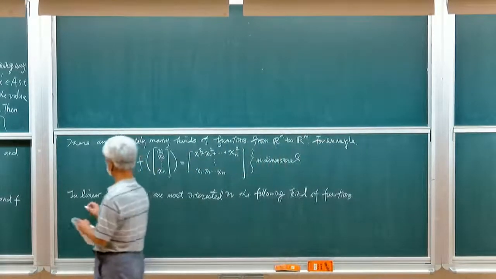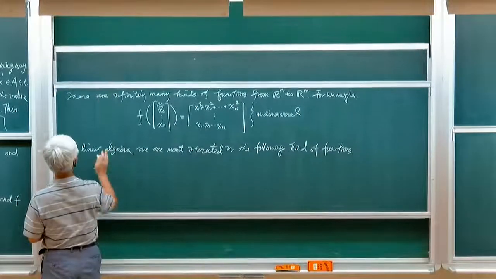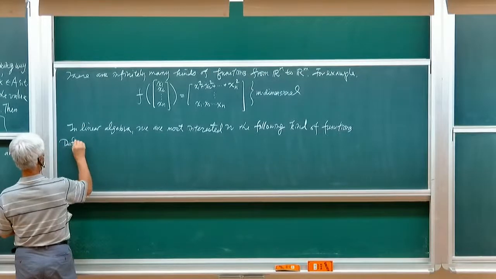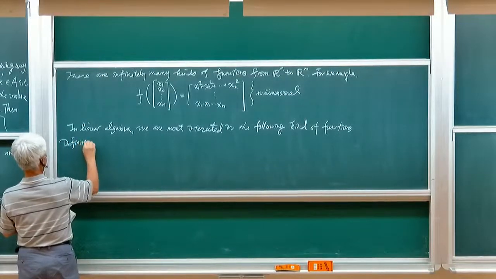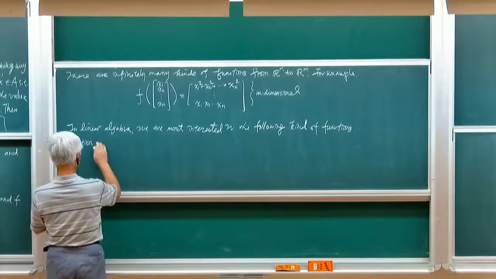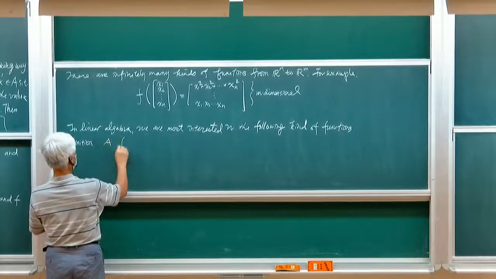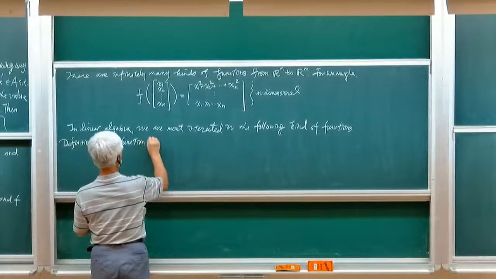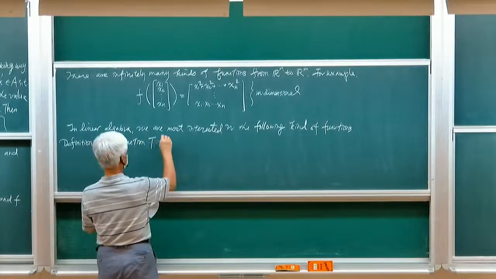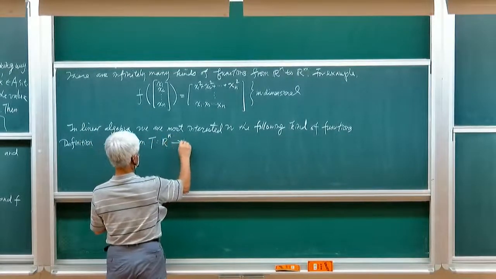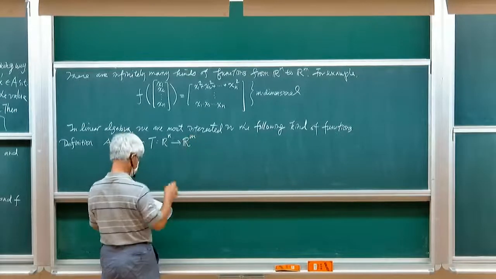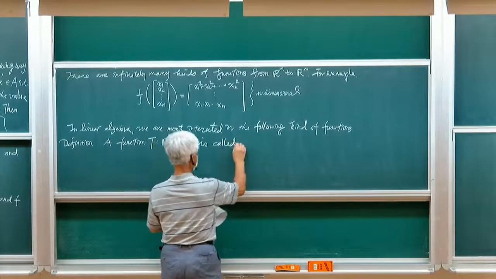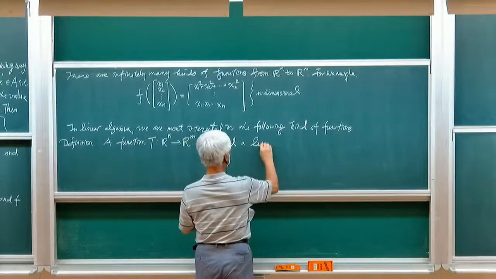So we give a definition for this kind of functions we discussed in linear algebra. A function T from Rn to Rm is called a linear transformation